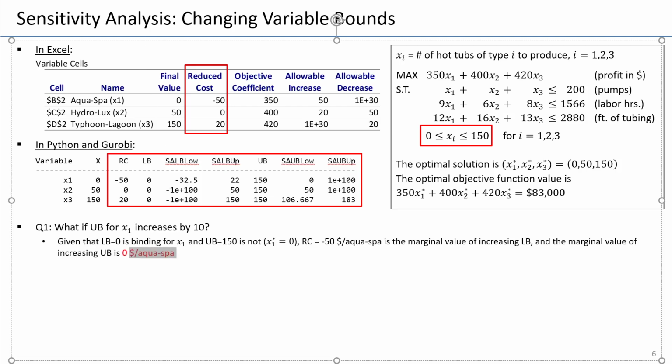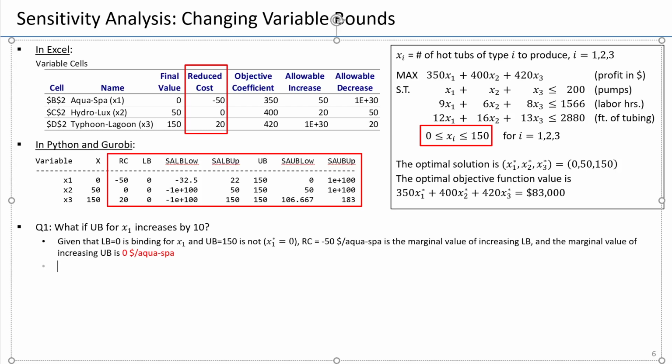Should be using this marginal value to determine the change in the optimal objective function value. So in that case,